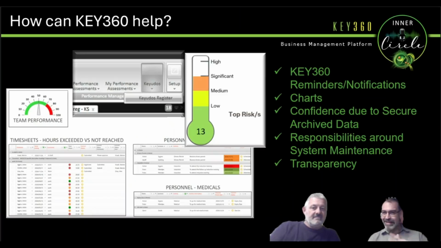Some nice clean slides here, looking at dashboards and parts of dashboards that I've extracted very quickly, just to show there's things like kiddos. I don't know if all the companies looking in here today are making use of that or some similar system or model, but with us we call it kiddos, obviously based on KEY360, the naming convention there. But of course, yes, kiddos really just rewards people for a job well done. It also looks at team dynamics and interpersonal relationships within the team, boosting that as well.